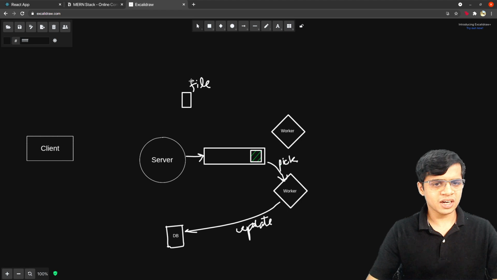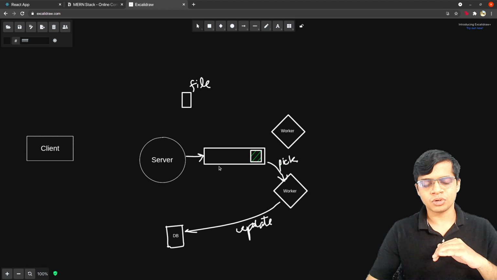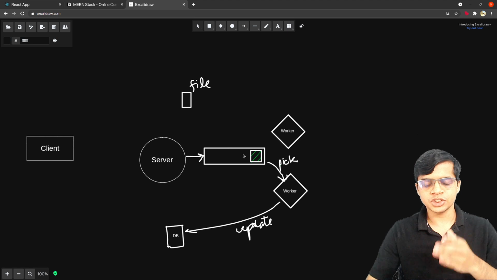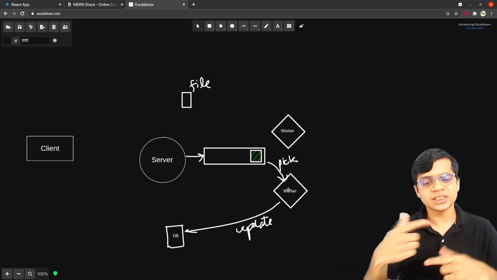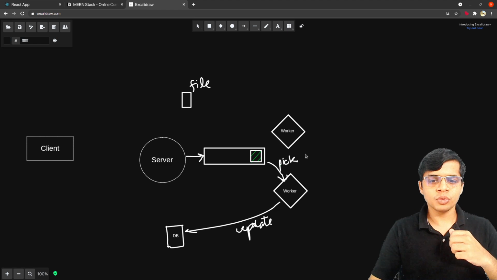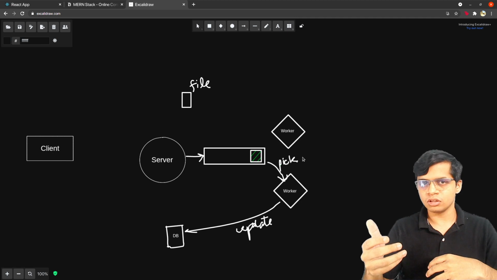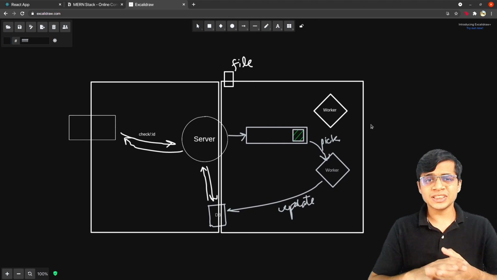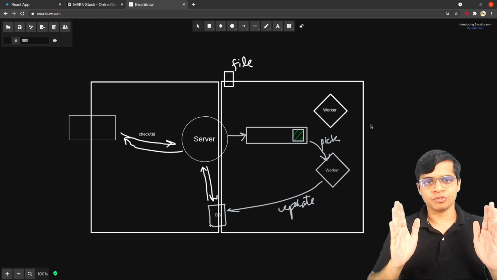Now this is how it will function somewhat like. So here's the server, and I'm not considering the client and file part here. I'm just considering how it will happen in the background. So the server pushes the job ID into the queue, saying, okay, here is one job for you to finish. The worker picks it up from the queue. It processes it. The entire execution function remains the same. It just processes it and updates the database. So you can have multiple workers running in the background which are updating the database and processing the queries without involving our client or the Express app. As you can see here, these will be two separate portions that will be running completely independent of each other.